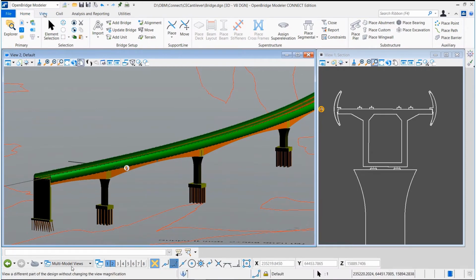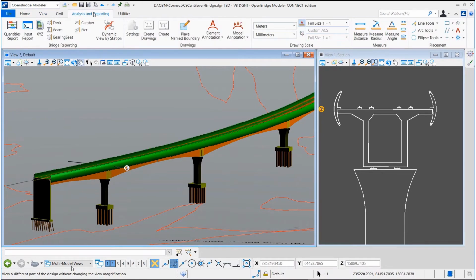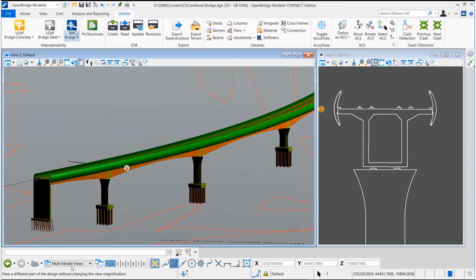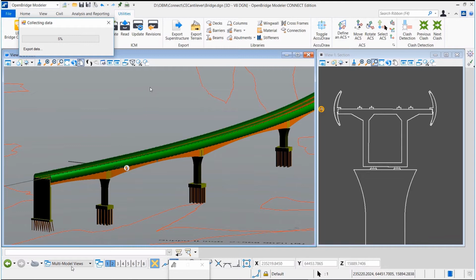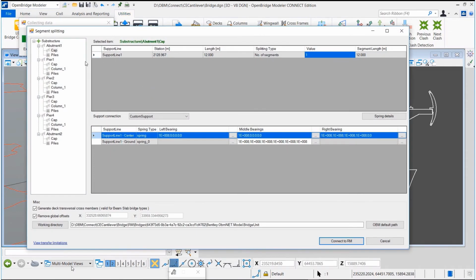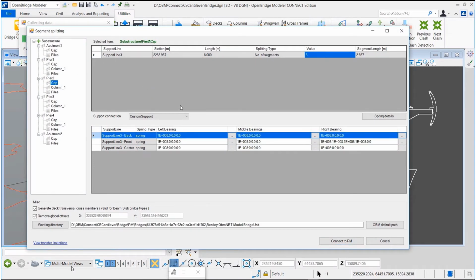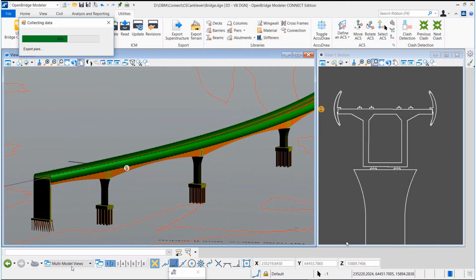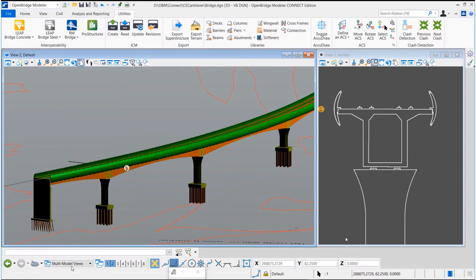So I can just do that, right? Or just now, basically send it to OpenBridge. It's a good place now to take this and say, I need to send the entire bridge that I finished, right? Fixing some of the supports or establishing the support conditions of each bearing for the proper analysis. Because what will happen here is as I'm sending my bridge to be computed analytically, OpenBridge automatically will verify or